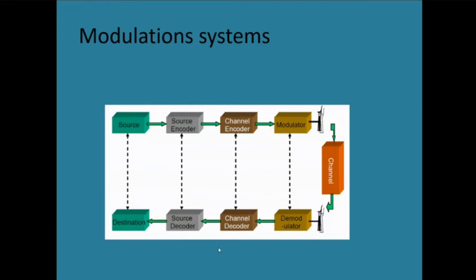Generally, the upper part we can call the transmitter, and the lower part the receiver. We know that in a communication system, there are three major parts: transmitter, channel, and receiver. In the receiver, the demodulation process is carried out, and after that, the channel decoder performs the reverse process of the channel encoder. The source decoder performs the opposite process of the source encoder. Then finally, at the destination, we can recover the data using the detection process.